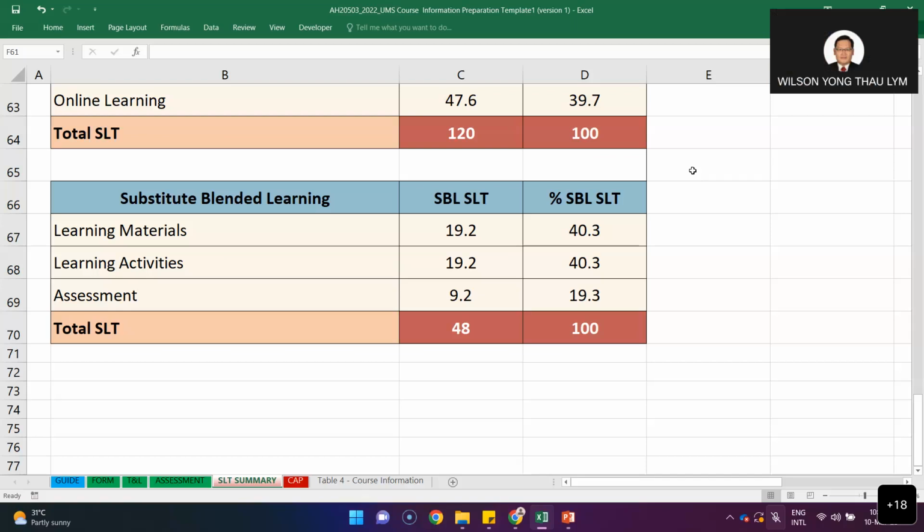Good. Wonderful news. So meaning to say you can log into ITEL now and start to use it, transfer.